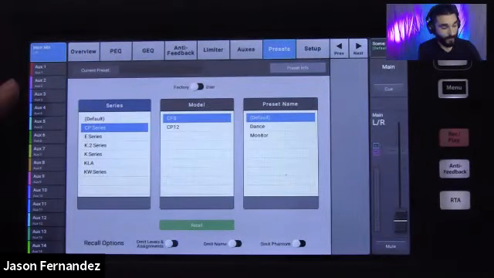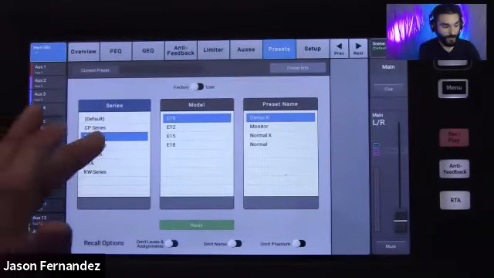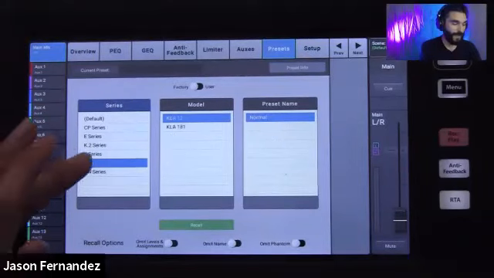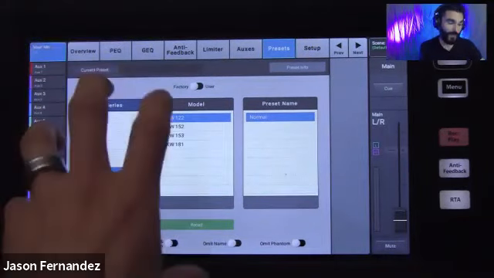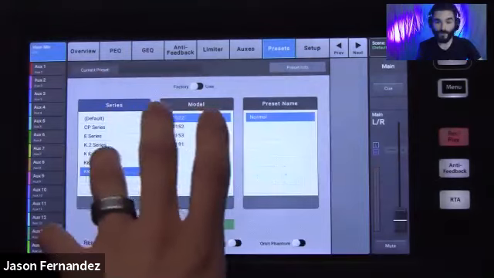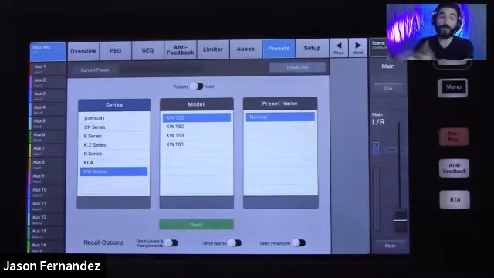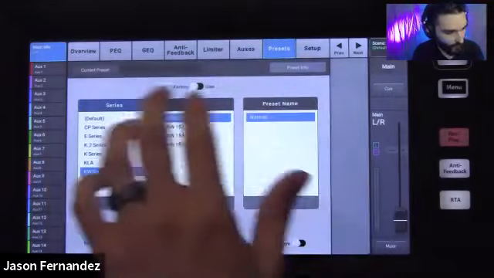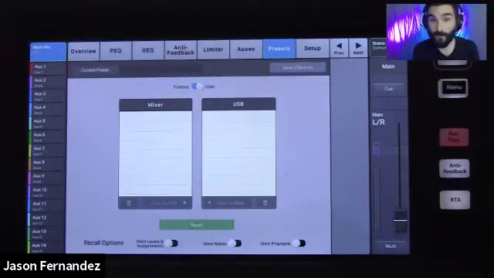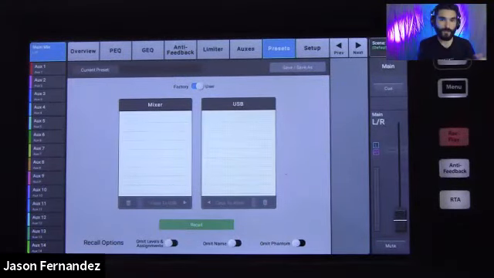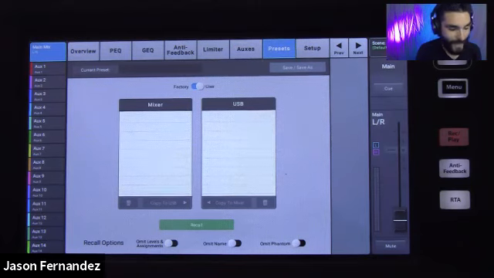So if you're using the CP series, for example, or if you've got some E series, K.2, Legacy K, KLA, or KW, you can come in here and recall output presets to optimize the output for those particular loudspeakers and make the system work together to the best of its ability. You also have the ability to save custom presets in here. So if you dial in a specific setup for an output that you want to be able to get back to, you can save that as a custom preset and get back to it at any time.